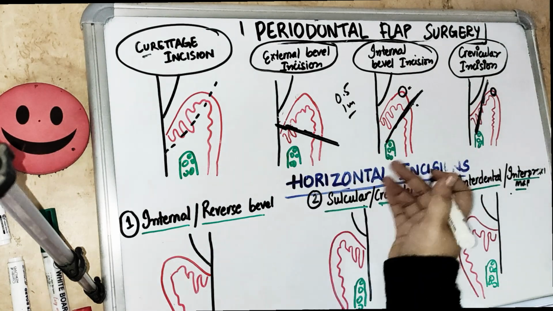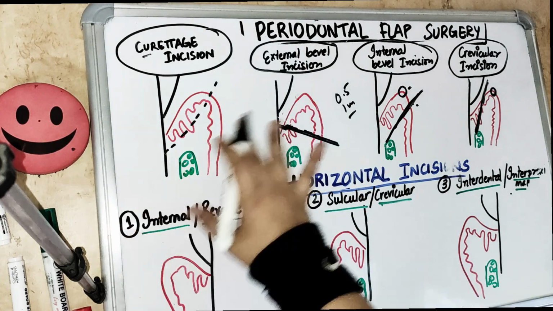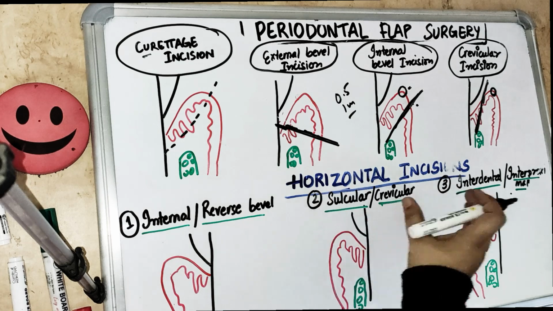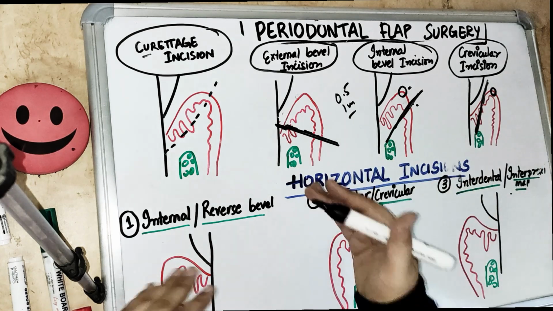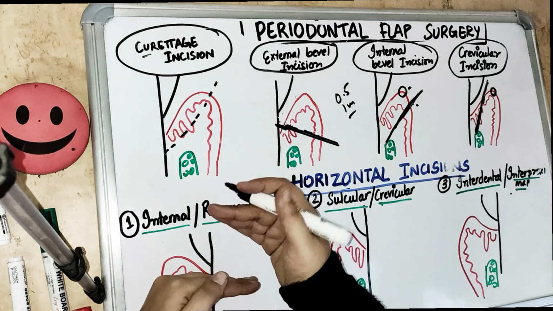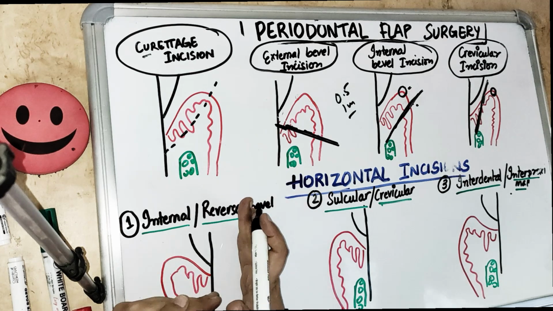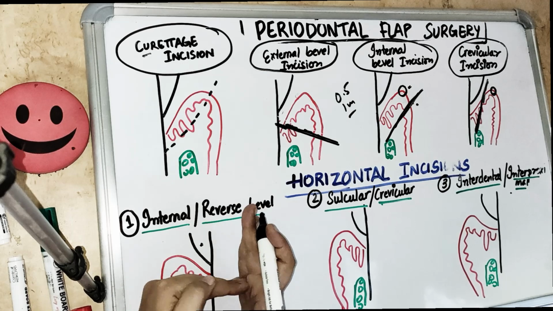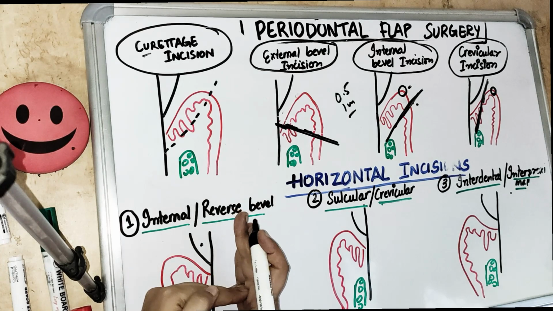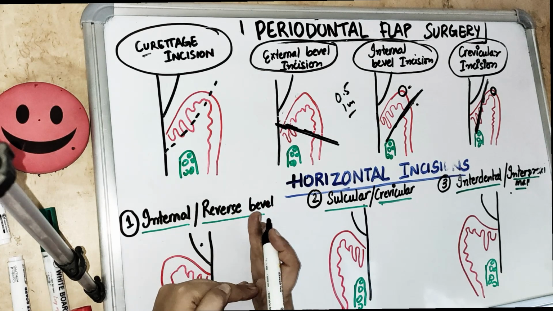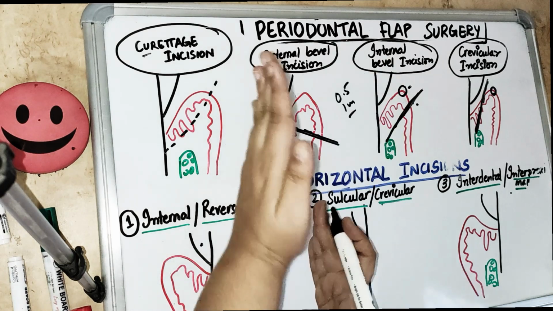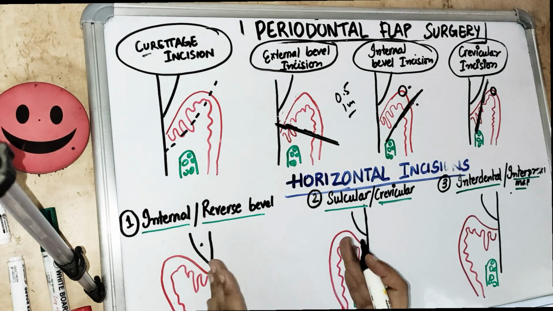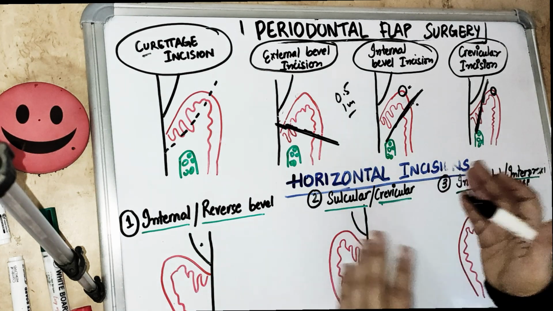Also we have the partial thickness, in which we have already discussed these kinds of incisions in the previous video. So we have horizontal incisions and we have vertical incisions. A horizontal incision is when it is given horizontally. See, this is the long axis of the tooth, right? So this is the crown structure. If we are going perpendicular to the long axis of the tooth, then it is the horizontal incision. And if we are going parallel to the long axis of the tooth, then it will be our vertical incision, or we can also say the releasing incisions, which we will also talk about.